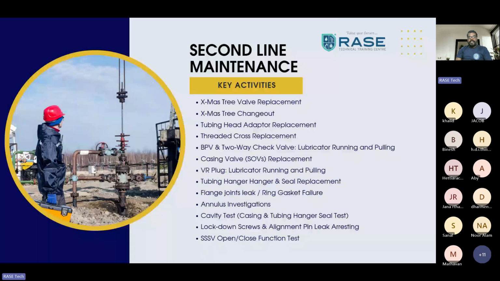The second line maintenance key activities: Christmas tree valve replacement is a major activity. Christmas tree change out, you need to change out any Christmas tree. The very major activities: tubing head adapter replacement, threaded cross replacement, BPV and 2H equal lubricator running and pulling, casing wall side wall replacements, VR plug, meaning valve removal plug, lubricator running and pulling. This is for VR plug used for the casing wall replacements, tubing hanger and seal replacement,